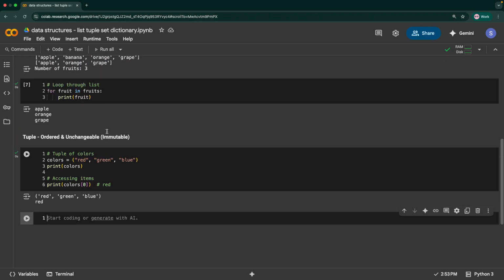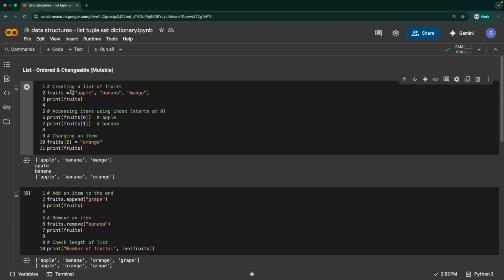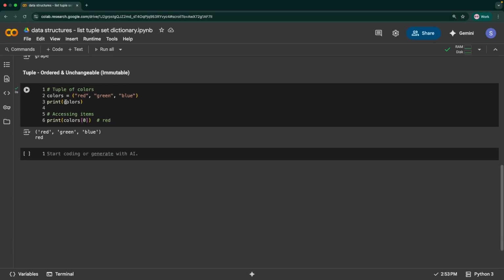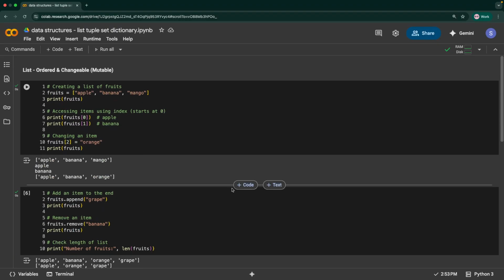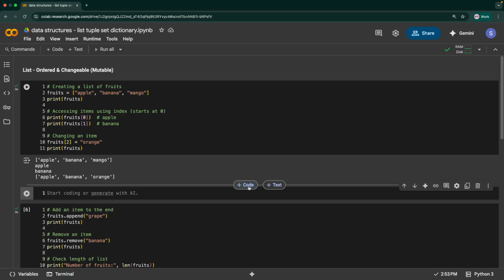Okay, so the main difference is you would enclose all the list values within square brackets, but tuples are represented by using parentheses. So you have to do that. In case you want to check the type, you can simply run type. So I'll say print type of fruits. That's going to say what that data type is.